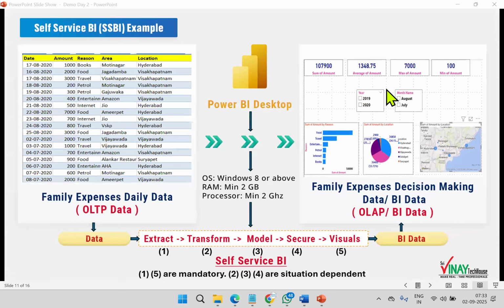I'm not telling it's a great example, but it's an end-to-end example. So I will take some data like this. This is my family expenses data. Daily in the lockdown time, I entered my money, books, how much money I spent, food, how much money I spent, in which location, and travel, petrol, etc. entered. Even you can enter your family data, this month data, and you can generate a report like this, a simple report. Complex examples you see anyway in the classroom, complex dashboards and all.